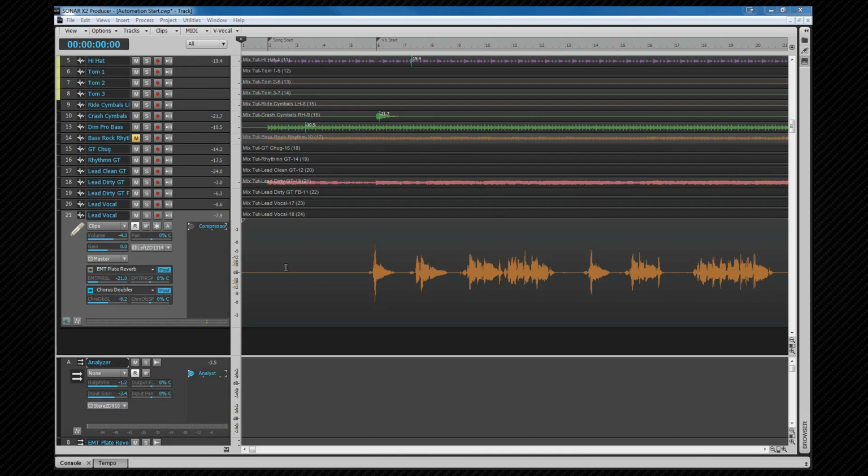We can record it in real time by recording parameters as they are changed using a variety of methods, and we'll cover those in more detail soon. We can also draw it in manually or copy existing automation and paste it into a track or lane. Whichever method we use to create the automation, it can be edited using the graphical tools or redone completely using